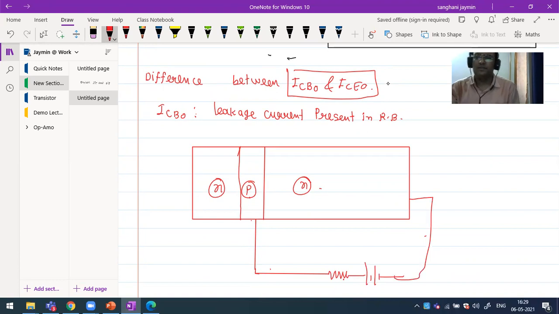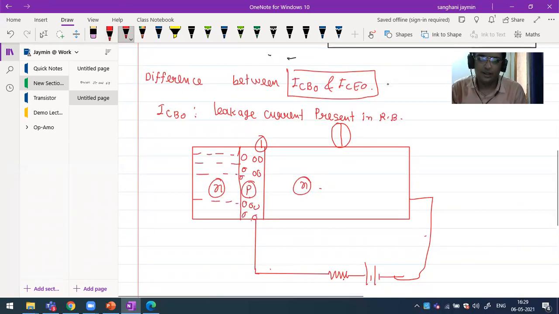Leakage current that can flow under the reverse bias. See, this is the positive charge, here the negative charge. It is known as the barrier potential. Now see, here it is known as the majority charge carrier, here it is the electron, here it is known as the emitter, and here it is known as the collector.